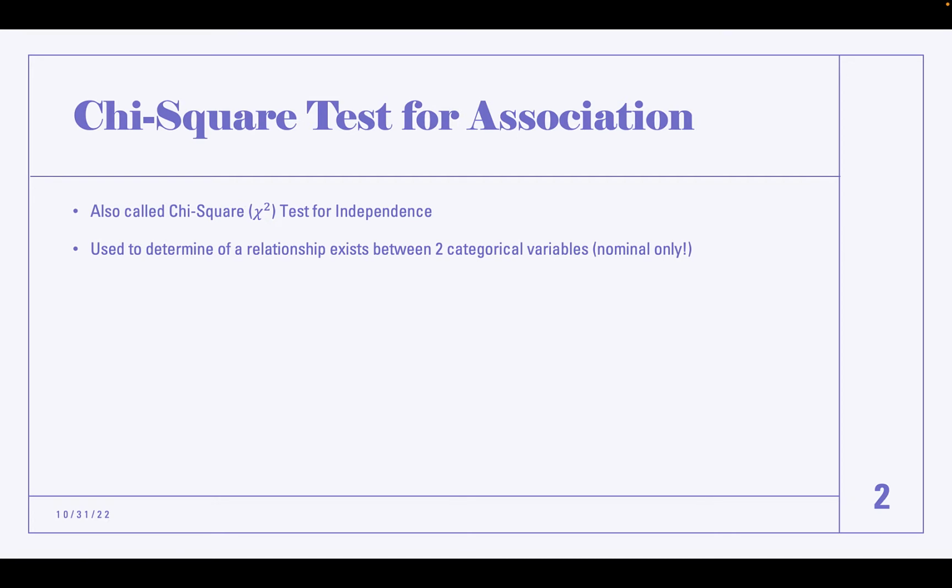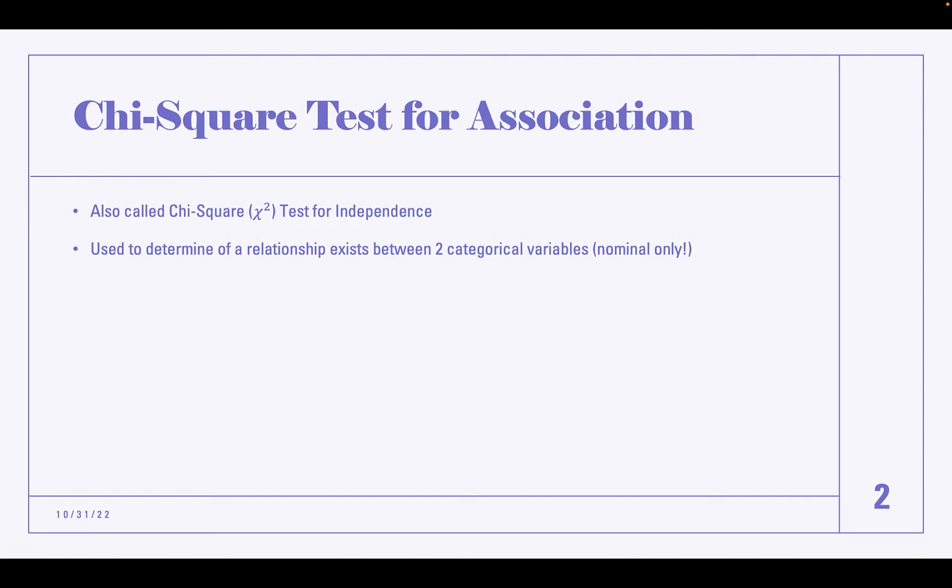It's used to determine if a relationship exists between two categorical variables, and it's important to think of this for nominal variables only, nominal being non-ordinal variables. Can you use the chi-square test for ordinal variables like Likert scale items? And the answer is yes, but you lose the ordinality of the variables. The way the chi-square test works is by only assuming that nominal